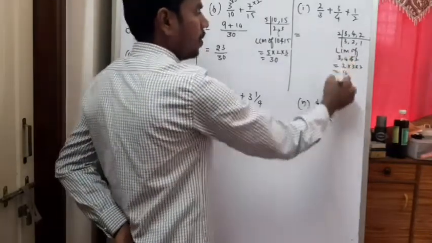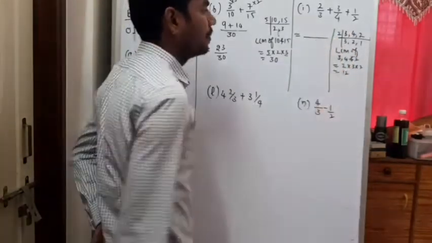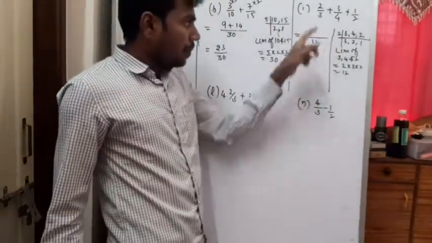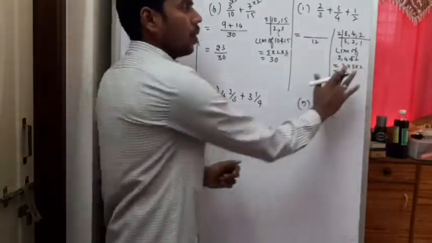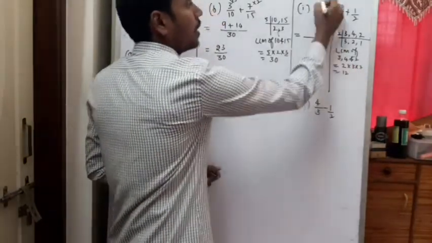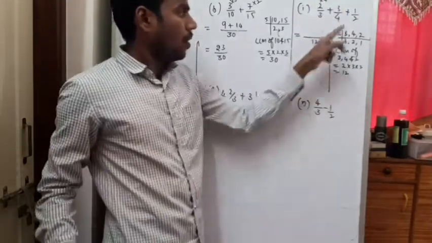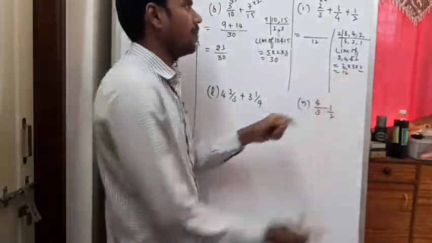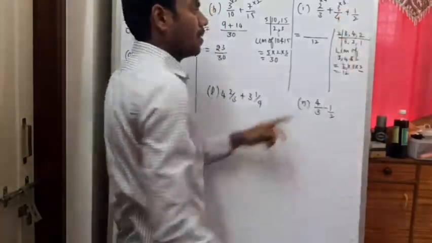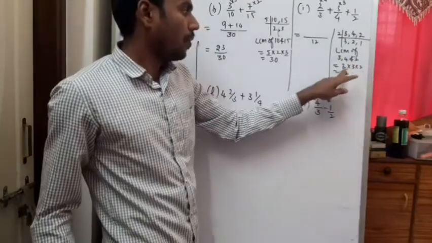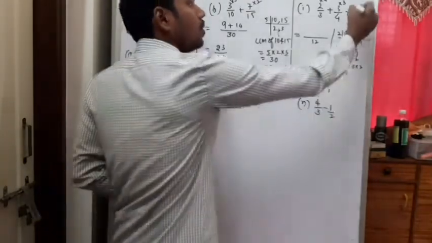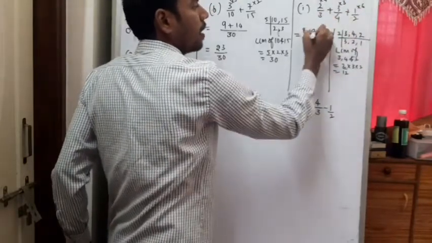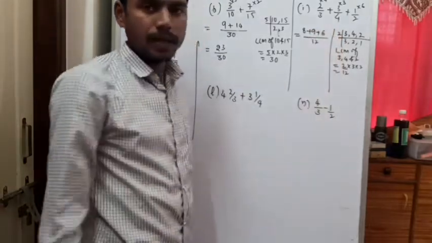So what is the LCM? 12 is the LCM. So we will have 12 in the denominator. From 3, how can we get 12? If you cover the 3, what is left here? 4. 2 twos are 4, so we need to multiply by 4. For 4, 2 into 2 gives me 4. What is left? 3, so you need to multiply by 3. Then for 2, if you cover the 2, what is left? 6, since 2 sixes are 12. So 2 fours are 8, 3 threes are 9, 1 six is 6. Understood?